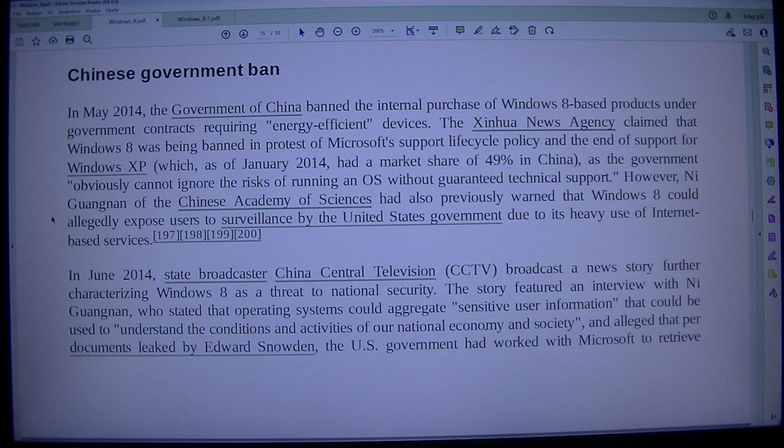In June 2014, State Broadcaster China Central Television, CCTV, broadcast a news story further characterizing Windows 8 as a threat to national security. The story featured an interview with Ni, who stated that operating systems could aggregate sensitive user information that could